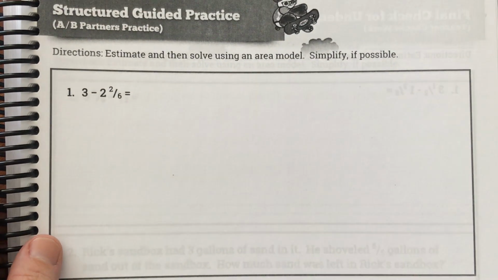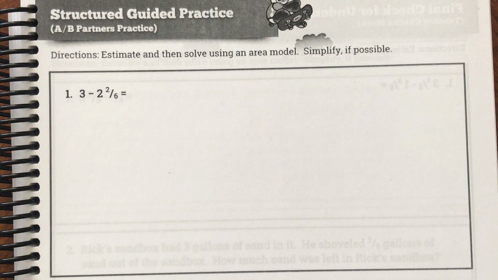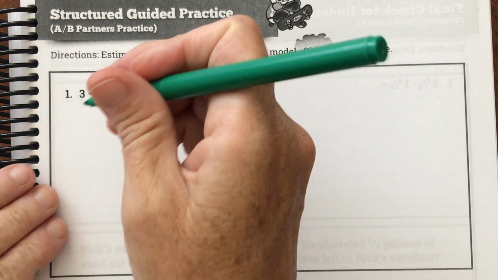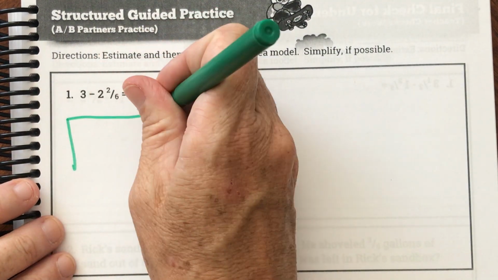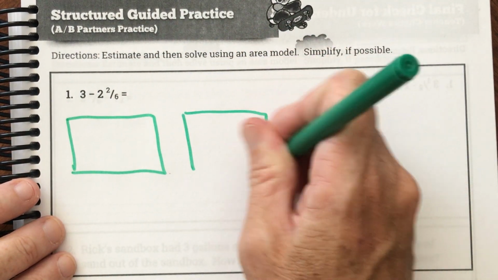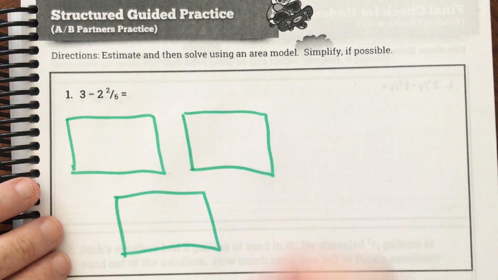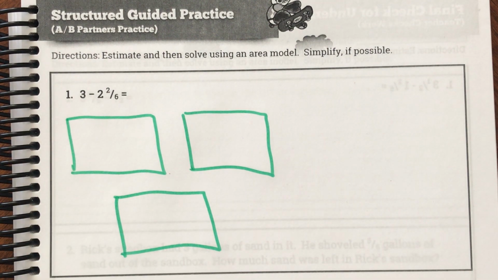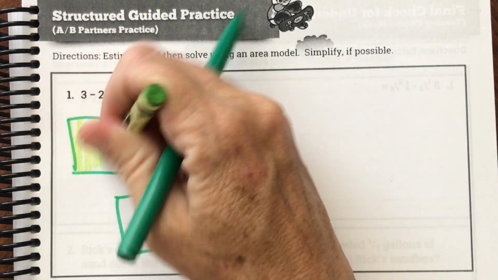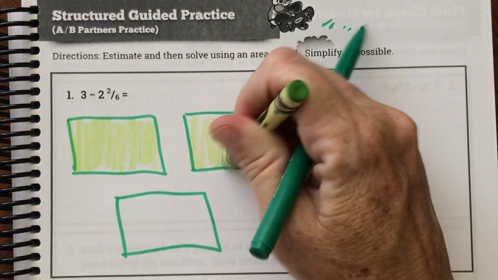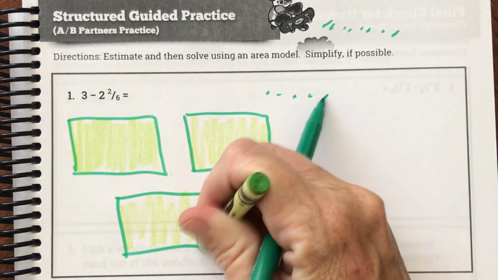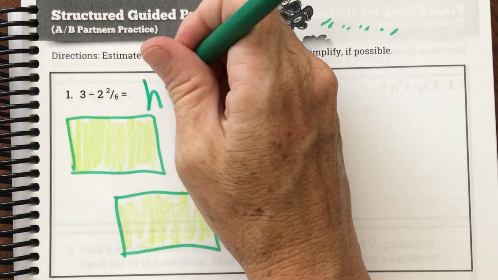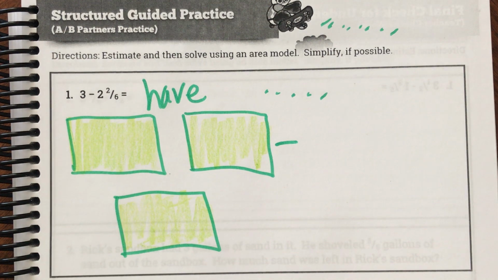So we are on page 110, and here is our first problem. Our first problem is 3 take away 2 and 2/6. Okay, so we're going to draw what we have. We have 1, 2, 3 wholes. Okay, so let's shade those in. 1 whole, 2 wholes, 3 wholes, and that's what we have. And they want us to take away